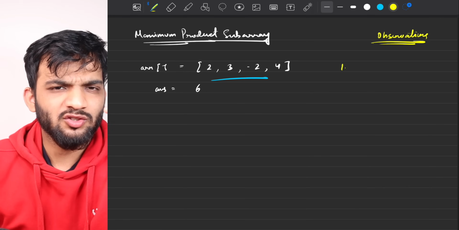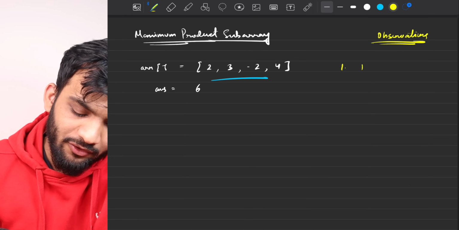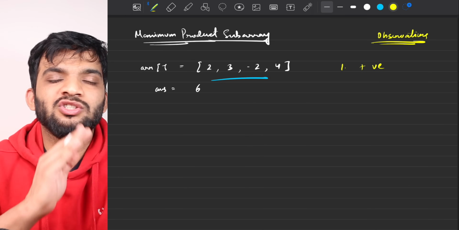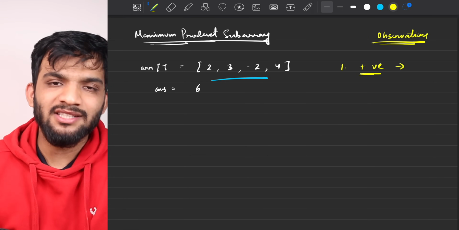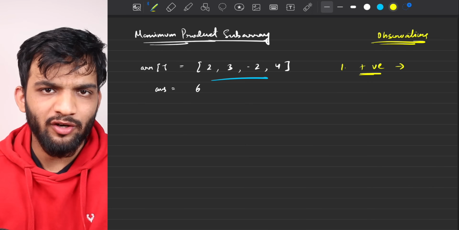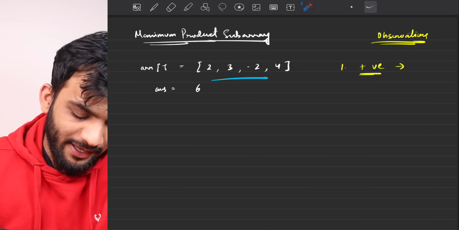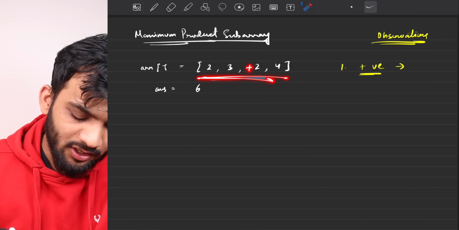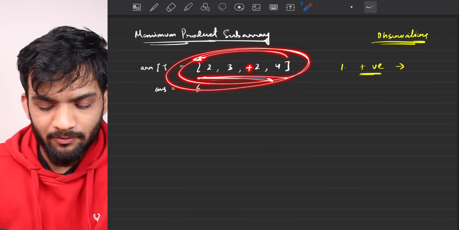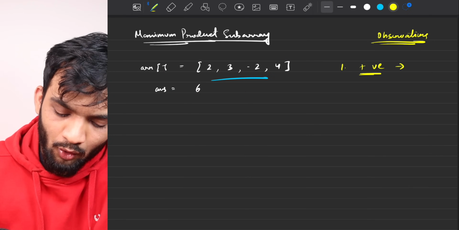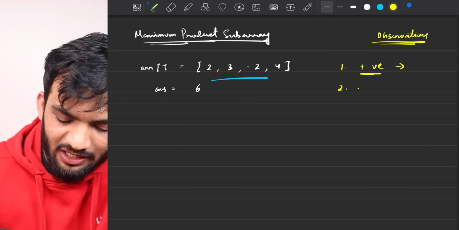The first one, if I ask you a very simple question, what if the array has all positive elements? You'll be like, if it has all positive elements, the answer will be multiplication of everyone. I'll just pick up everyone. Imagine this array was something like this. Then you'll just take up all the numbers. That will be your subarray and you'll multiply everyone. Very easy. What if it has even negatives,